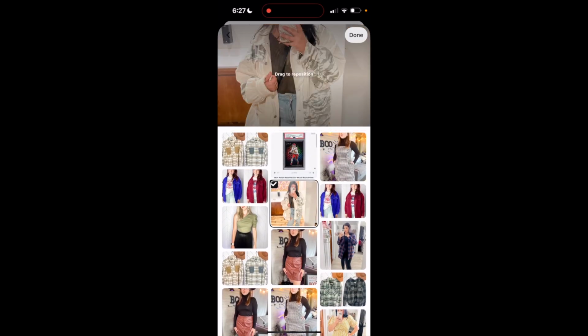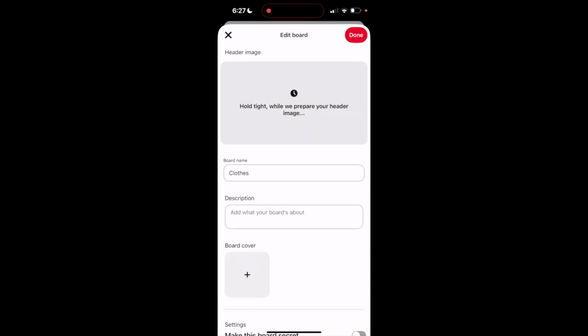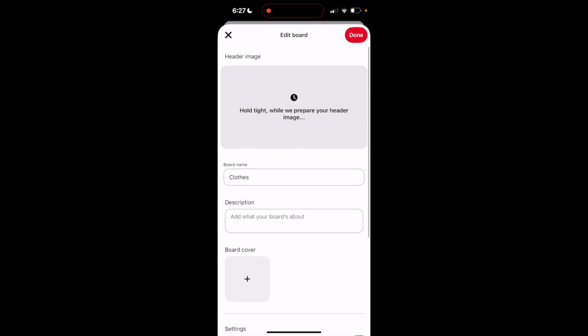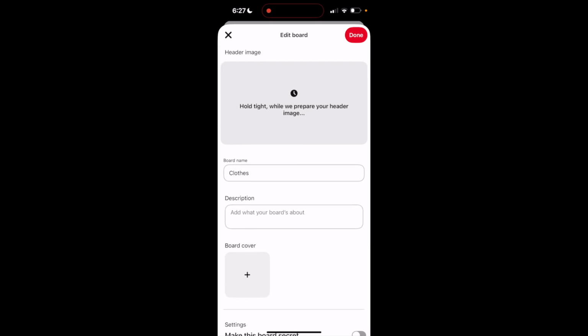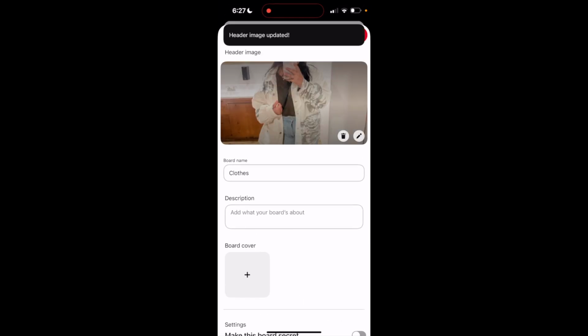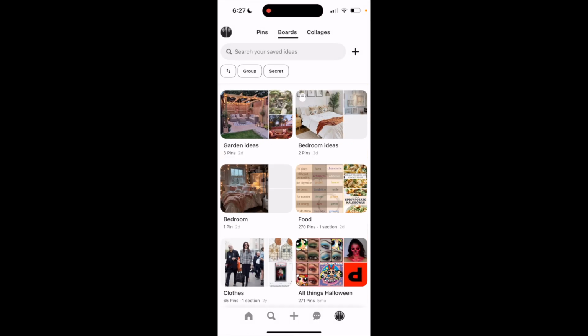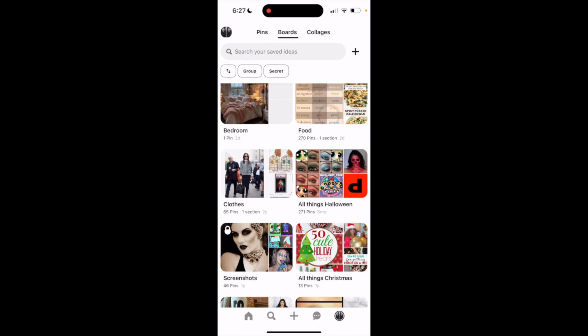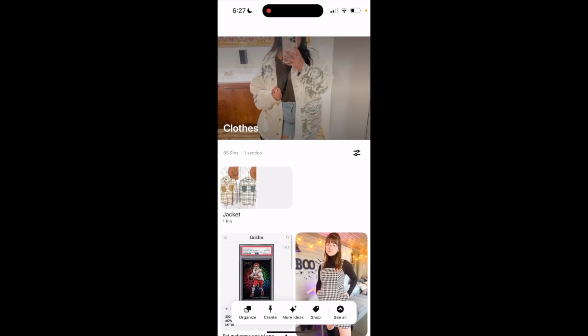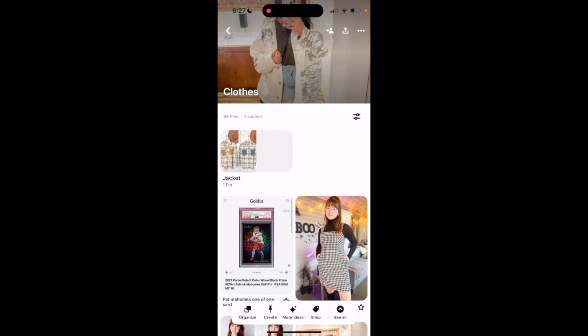So if I click on, let's say this one right here, it is going to prepare my image. And then once it is done, we would then click on done. And now that is going to be the header to my board. So if I go back in, you can